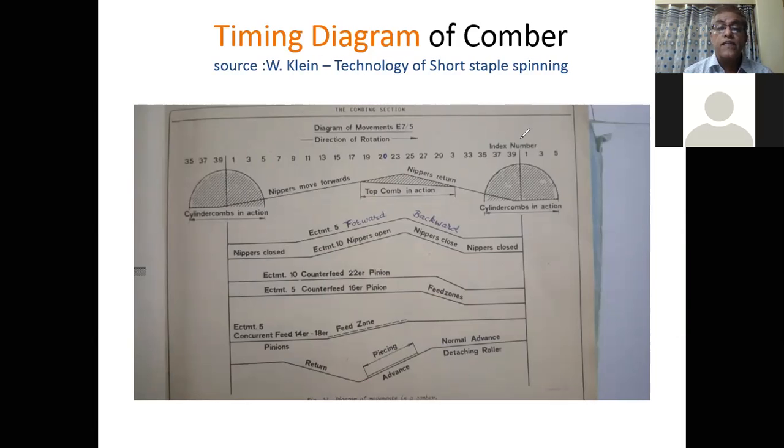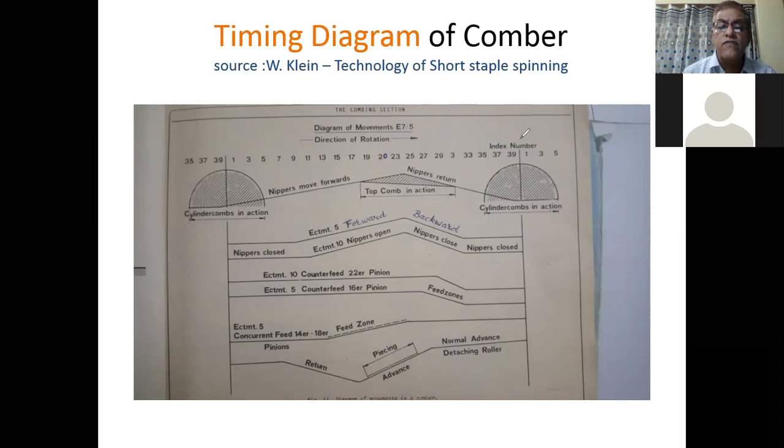I am again repeating now so that we can conclude. What combing cycle have we already studied? We have studied feeding and then nipping and then combing and then the nipper going forward and opening, and then the top comb coming down, the detaching roller returning the material, piecing and then brushing and again feeding, and this cycle will continue.